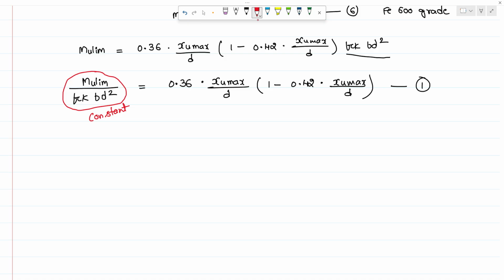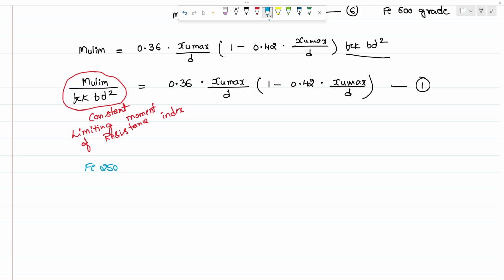So this ratio is called the limiting moment of resistance index. We have evaluated the limiting moment of resistance index for various grades of steel. So let me list all the equations. For Fe